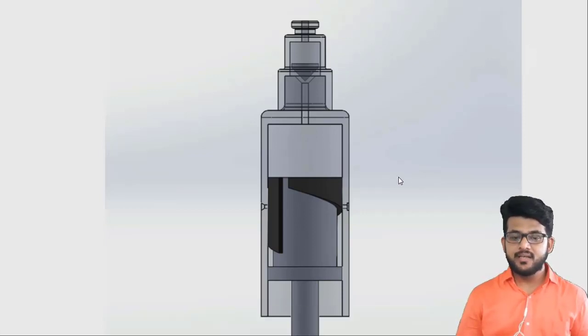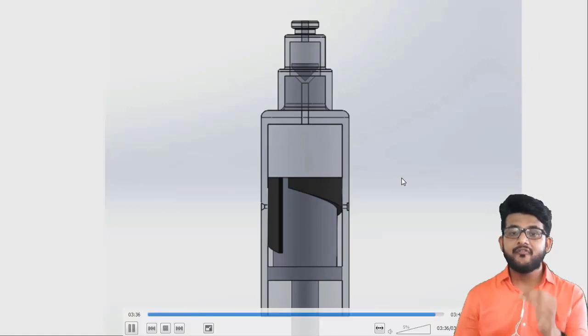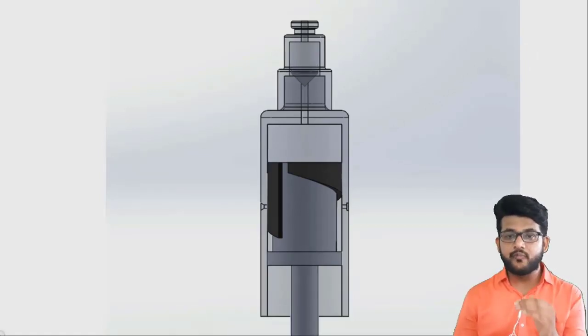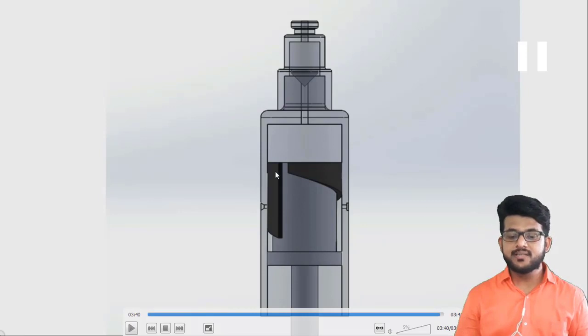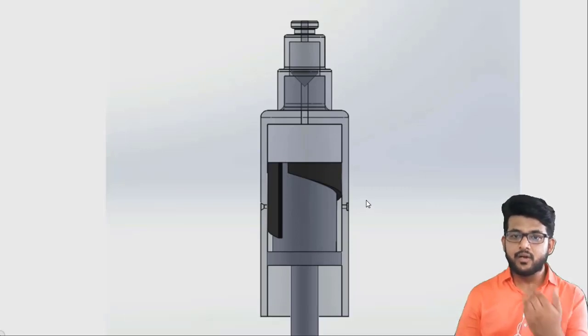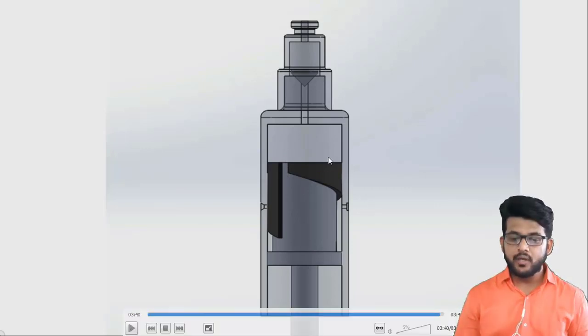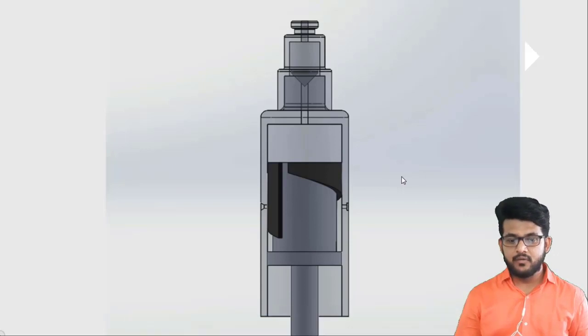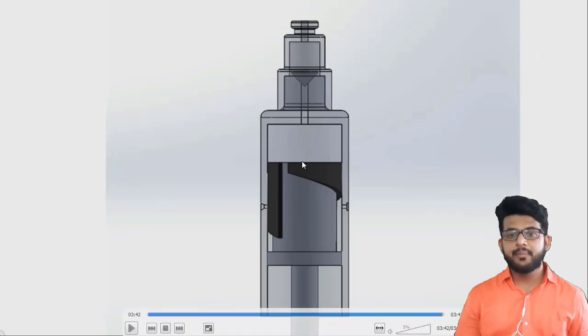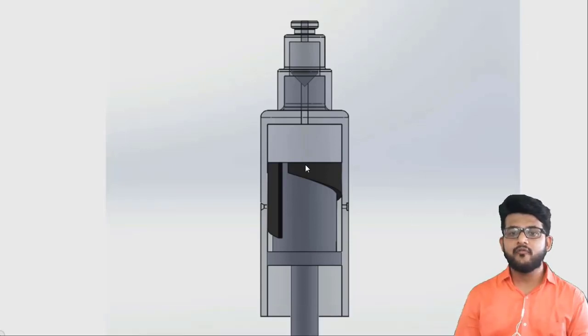So it is the main reason why we can generate different types of pressure or different ranges of pressure by this single pump. Now you can see the spill port is open. So whatever fuel comes inside from this, now it can go directly towards the spill port, and no more pressurized condition will be in this portion. Now let me show you quickly the 2D figure which is given in the book.